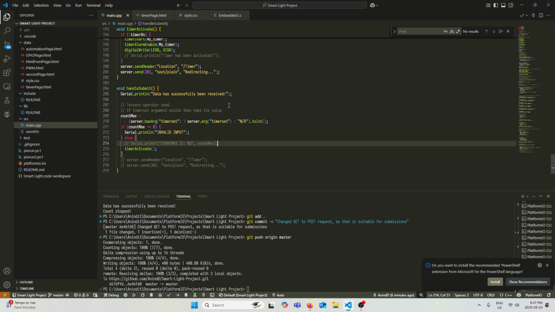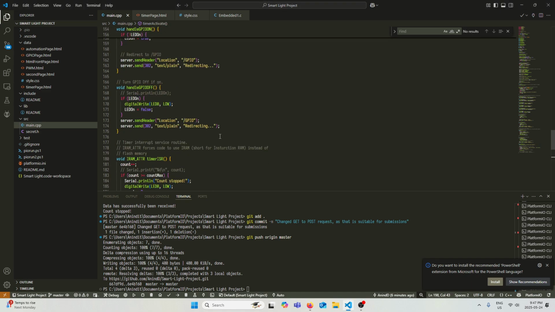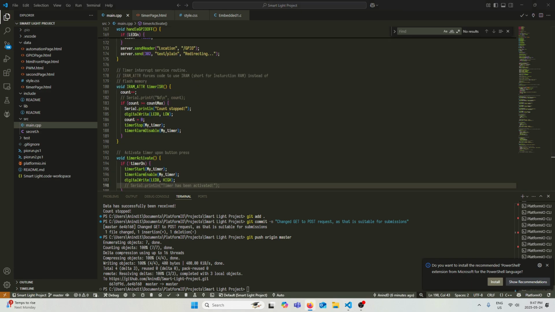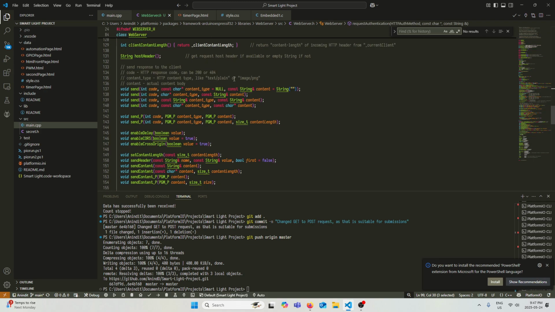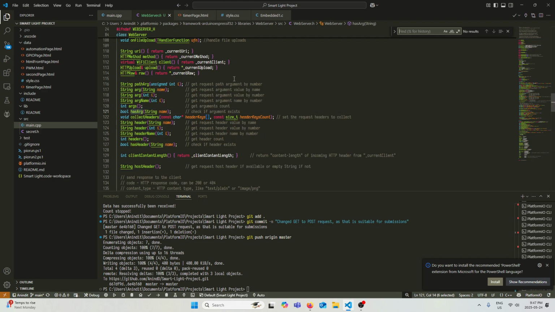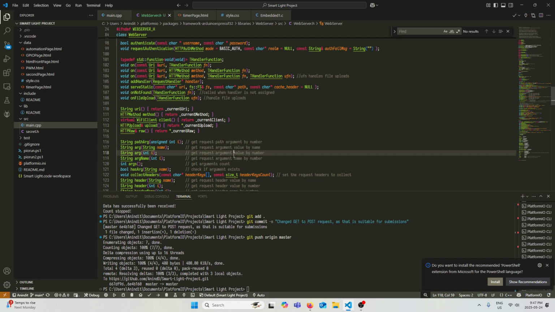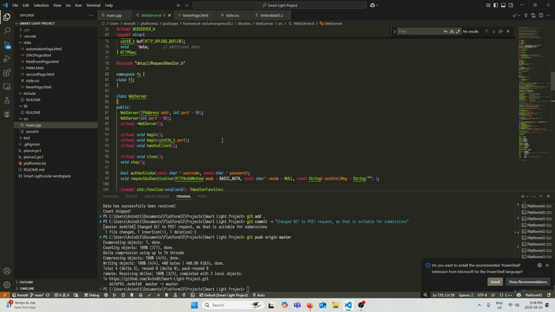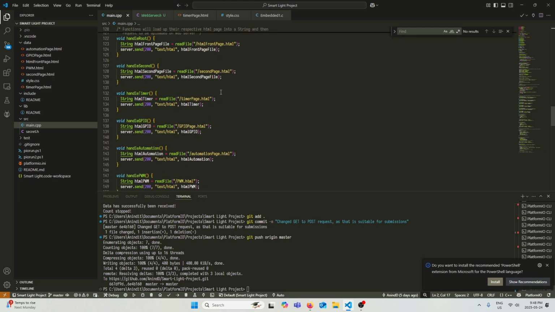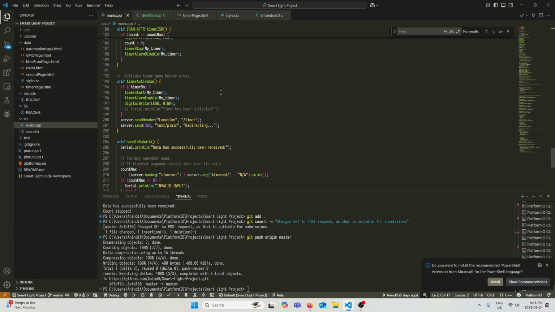Ah, okay. Let me see here. Okay, so this basically checks the post and get data, and then based on the ID, it will transfer the variable.